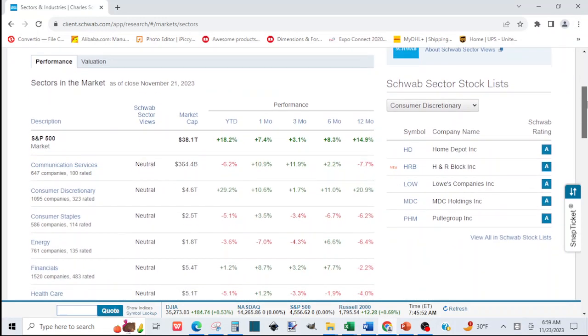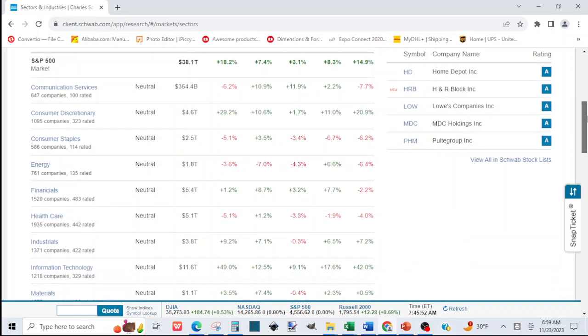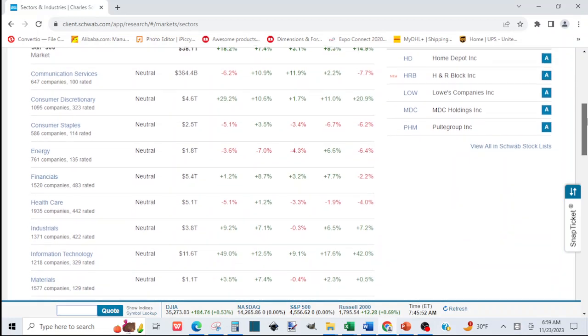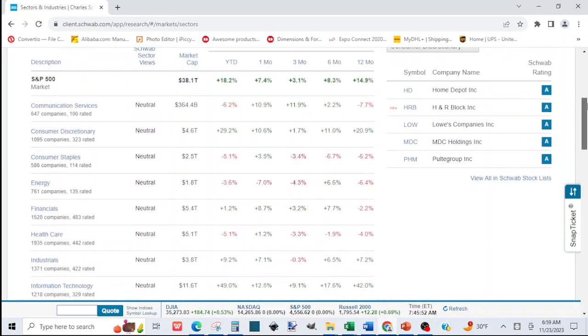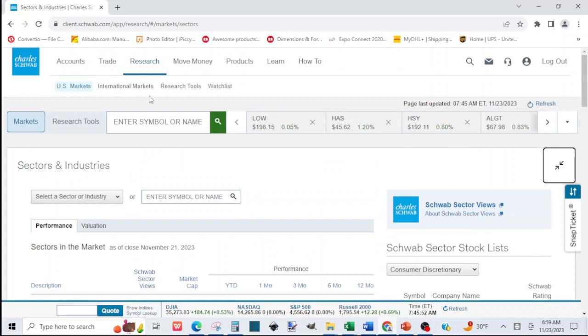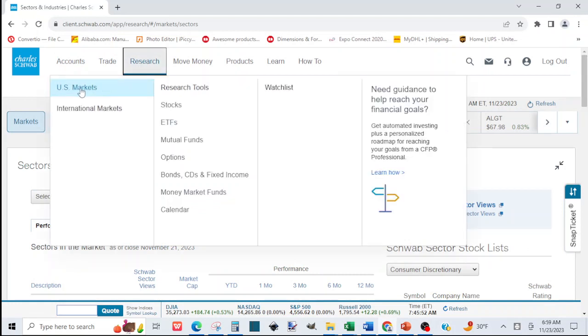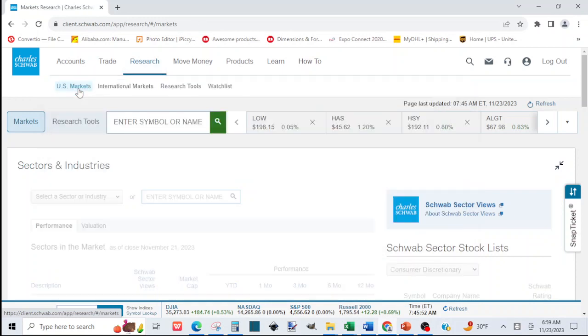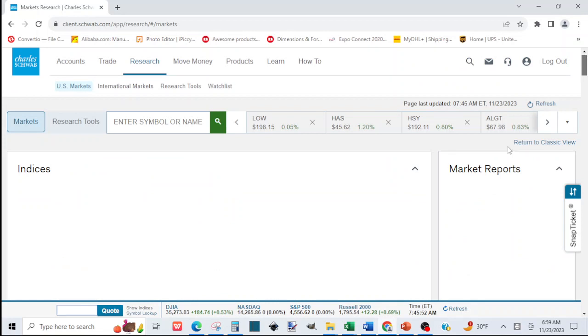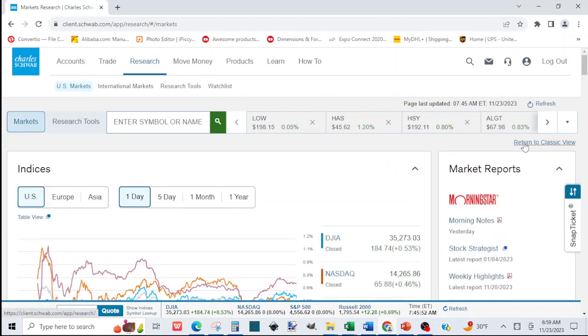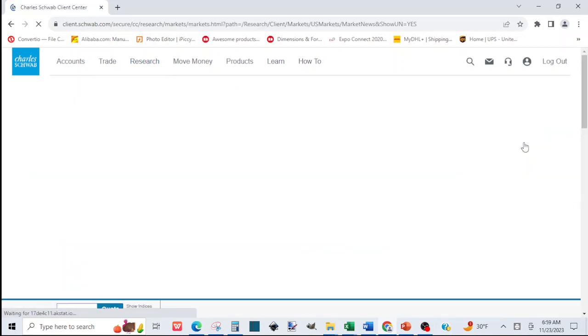You'll find the sectors and you'll click on the one you want to see the industry inside of it, and the sub-industries in an industry there, and the companies in that sub-industry. I like to use the classic view. Therefore, I'm going to go back to research and click on US markets to come back up, and then I'll click on return to classic view. So under classic view,